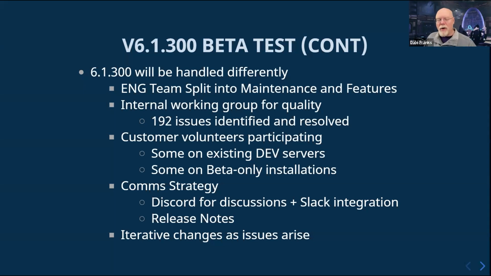As part of this, we've gone through and identified all of the release's issues. There were a total of 192 issues that had to be identified and resolved. Now, a lot of these issues were part of the Office 365 deal, or I'm sorry, Microsoft 365 CDA deal. So that's a good portion of those. In fact, there's probably about 40 or 50 of them that are solely O365 CDA issues, and there's like one release note that covers all of those issues. Release notes, we'll talk about that in a sec too.